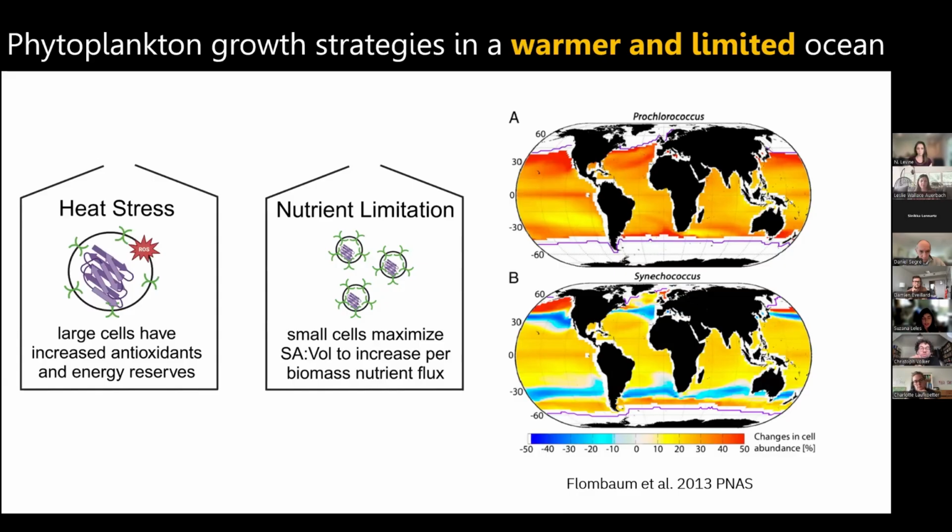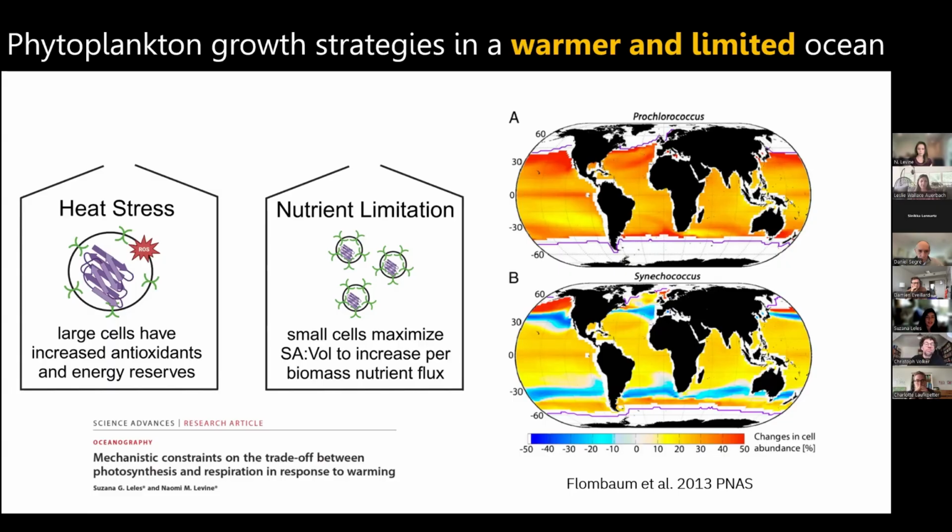However, if we take the multi-stressor condition, they also must handle heat stress. And while you might think that phytoplankton will become smaller as temperatures increase, this is not the case when temperatures are critically high and they need to handle heat damage. Under these conditions, phytoplankton must invest in heat mitigation strategies, which mean accommodating for antioxidants and also energy reserves. So cells must actually get larger to handle heat stress. So if you are curious about this, I invite you to check our past work where we describe these mechanisms in more detail. But for today, I hope you can believe me that there is a trade-off here.